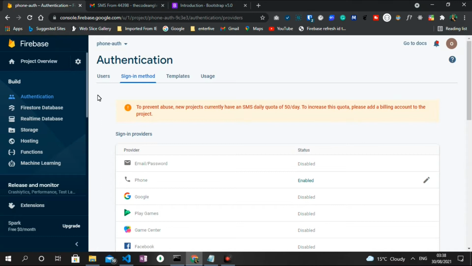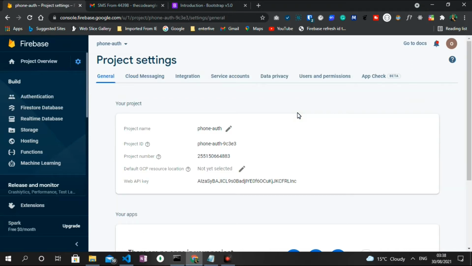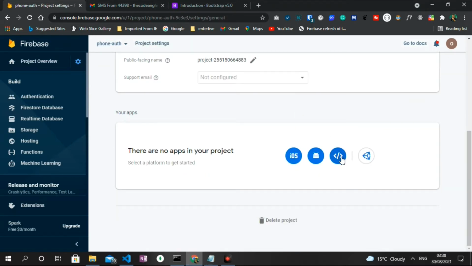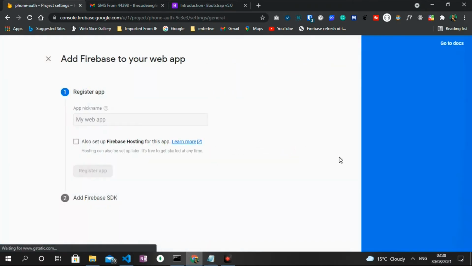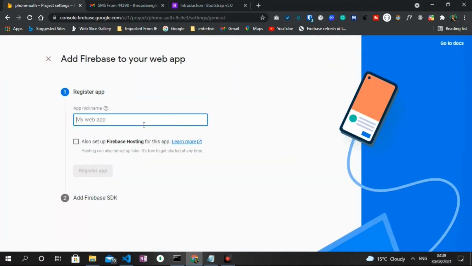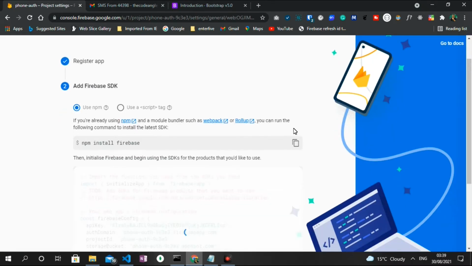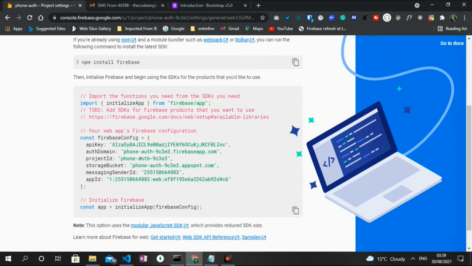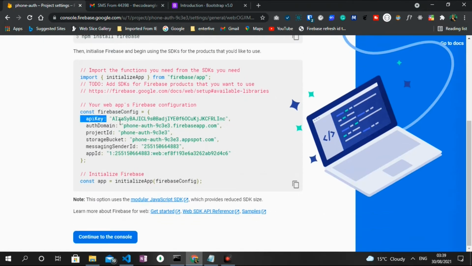One more thing we need to do is to get the Firebase API key. It comes in form of an object. So I head over to the project overview, click on project settings, and it takes me to a new page. You can click on this icon right here. Then it asks us to give the app a nickname. So I can just type in phone and then register the app. Once this is done, it's going to generate our Firebase API key objects. We'll need this inside of our application on Visual Studio Code. So all I need to do is to copy this Firebase config object,